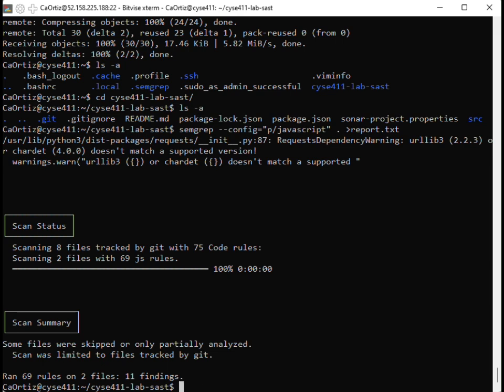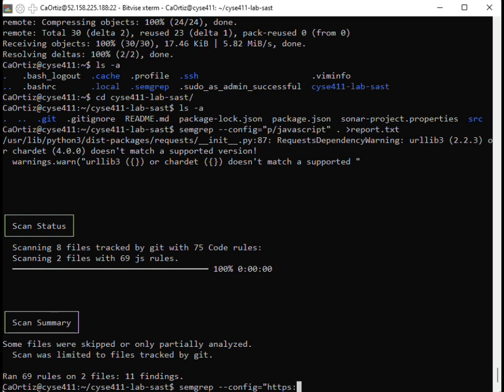But even if JavaScript is really good, Semgrep has several other configurations that support other languages. For example, a significant one that includes security checks is the OWASP top 10. So why don't we scan it with that? We're gonna say semgrep --config=